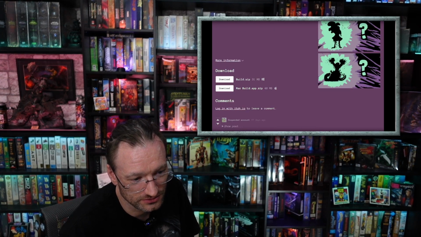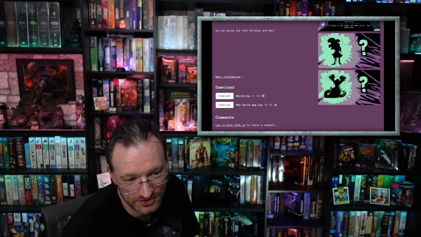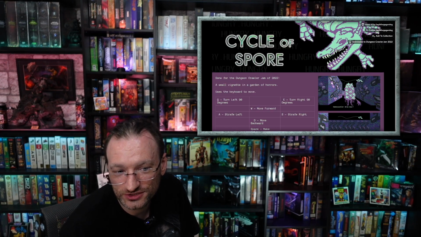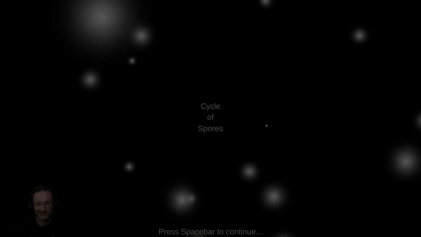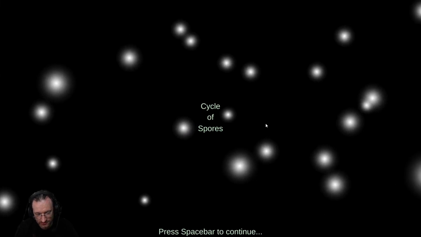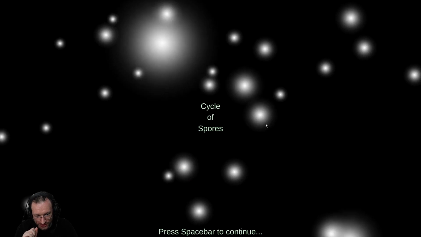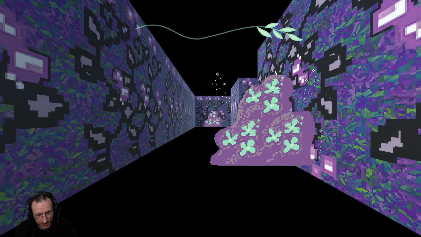Alright, so then let's download the Windows version, in this case 31 megabytes. So this is most probably not in Unity. And then look into the game. So here we are in the game, Circle of Spores. It's actually the second time I'm starting it now. I had kind of a crash the first time, and this game is actually made in Unity, which is surprising with that